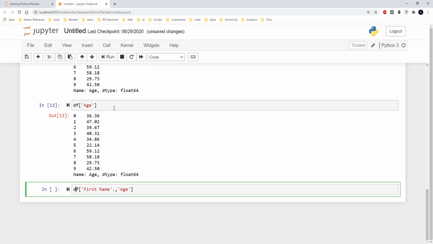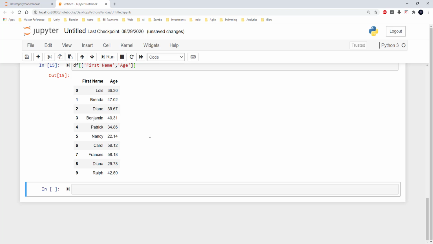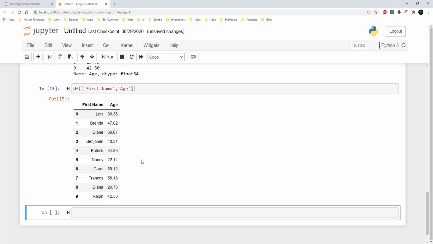So if I wanted to have more than one column, then this particular syntax is going to be useful. Here I have just mentioned a dot by mistake. Now it should work. So here in this data frame, I am able to extract the values from the first name and the age columns, and likewise I can also extract different values.